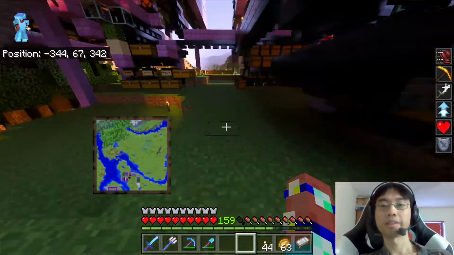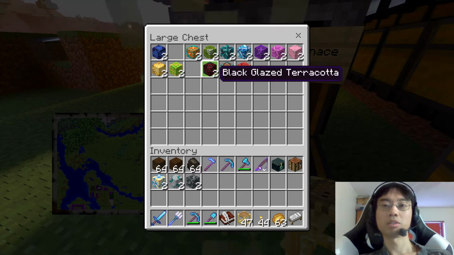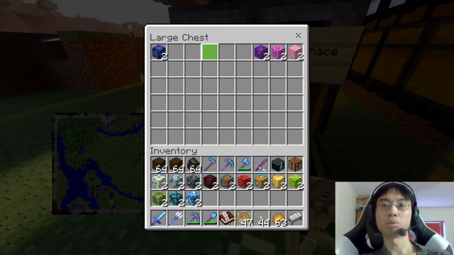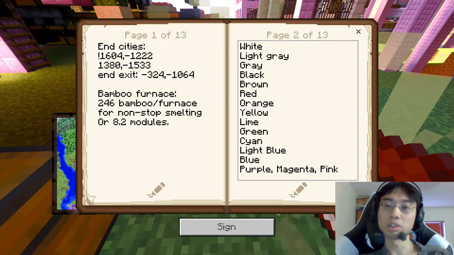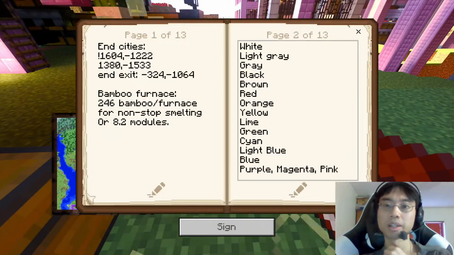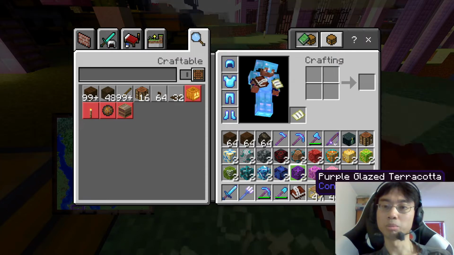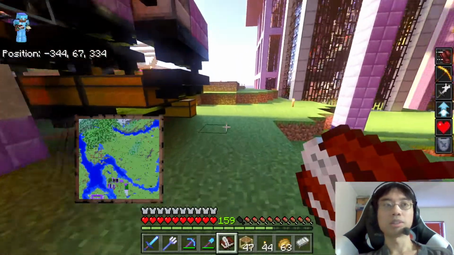Now, how is this going? White, light gray, gray, black, brown, red, orange, yellow, lime, green, cyan, light blue, blue, purple, magenta, pink. Is that the sequence? Yellow, lime, green. Wait, what? Yellow, lime, green, cyan, light blue. Blue, purple, magenta, pink. Okay. That is the correct sequence. And then we...